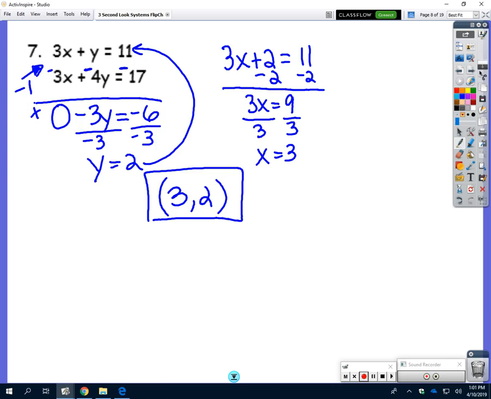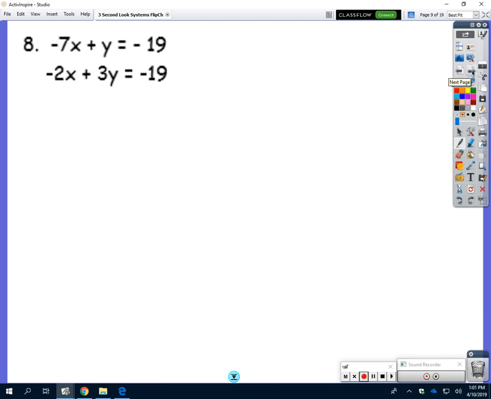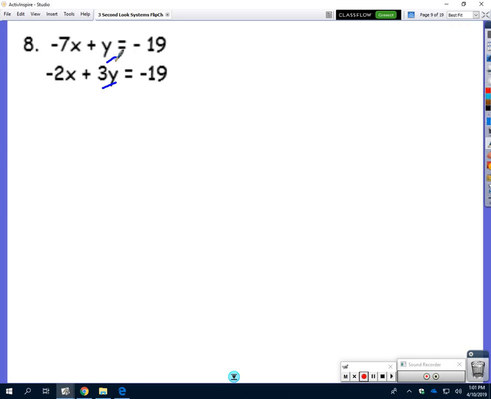Question number 8. I don't see any where I could just add or subtract going down, but I do notice that right here is a 3 and this is a 1. So I can multiply this one by a -3 to eliminate the y's. I'm going to write it right underneath. So you would do -7x plus y equals -19, and you're going to multiply the whole thing by a -3